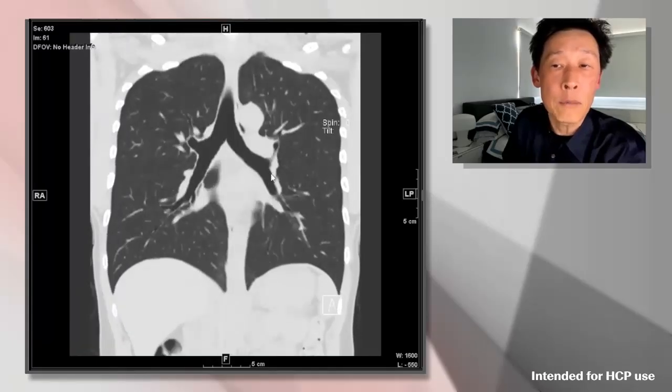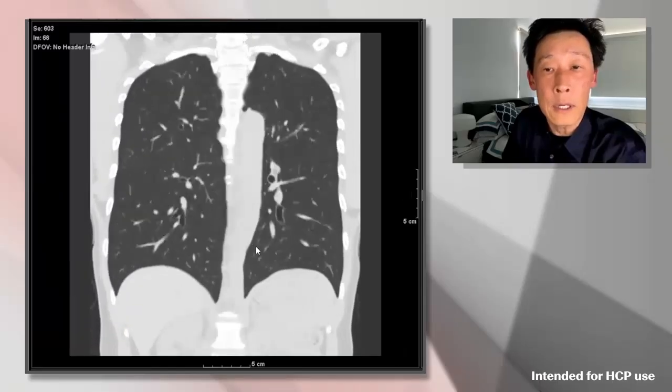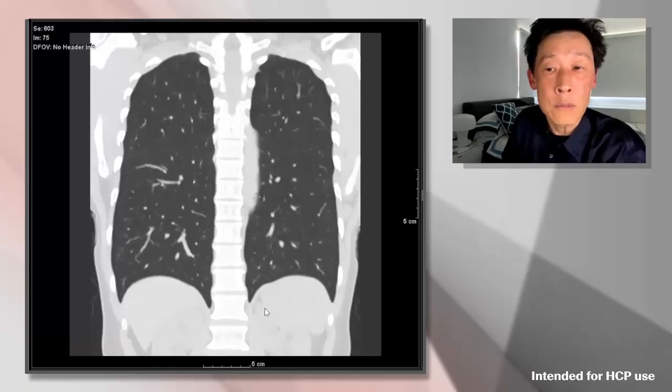And then we know this short segment to be known as the left interlobar or left intermediate bronchus. And then we see the lower lobe bronchi heading inferiorly. Again, as we move to the back of the chest, we see the spine. We can see the right major fissure, left major fissure, dividing the right upper lobe and left upper lobe from their respective lower lobes.